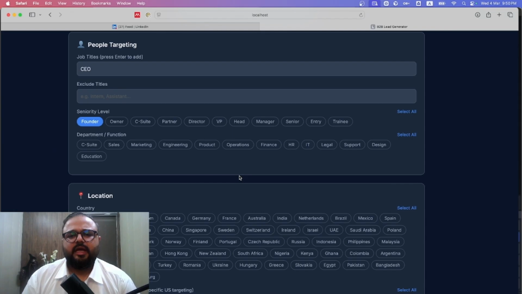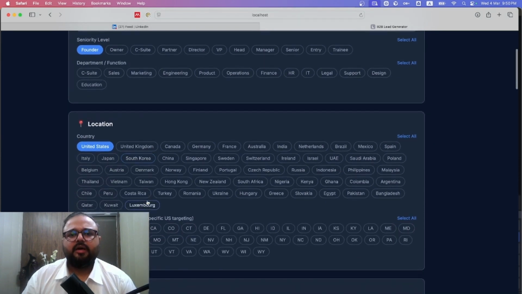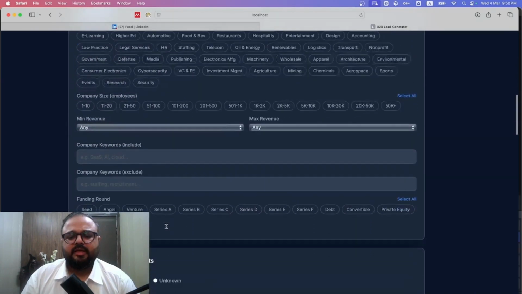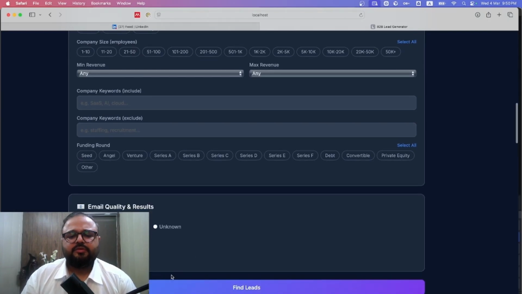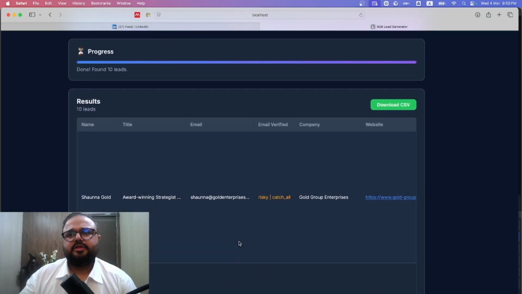So if any of you is familiar with lead generation or GTM strategies, you know that these are all the options that we normally get when we are working inside any Apollo type filter, right? So these are all the places that we can enter, and at the end we have how many leads you need to fetch. Once we click on find leads, what happens is that it goes and tries to